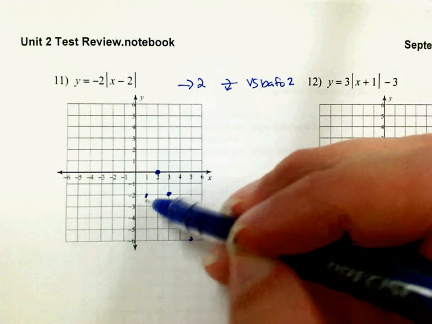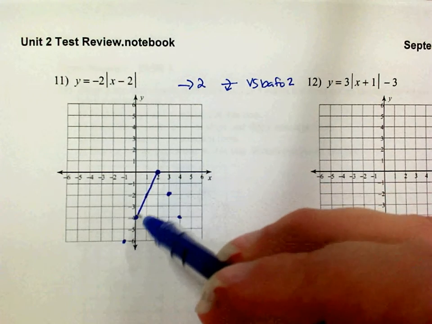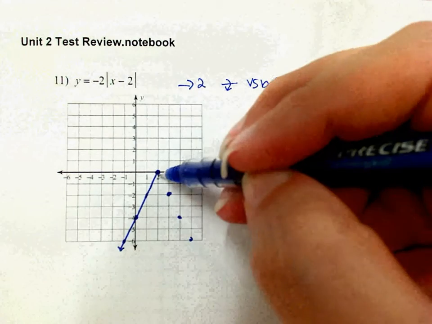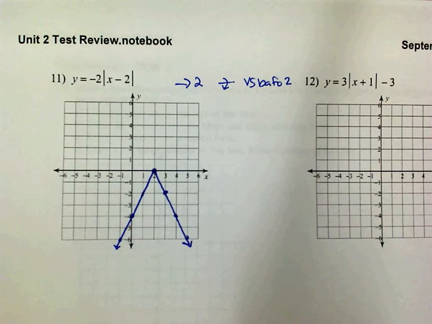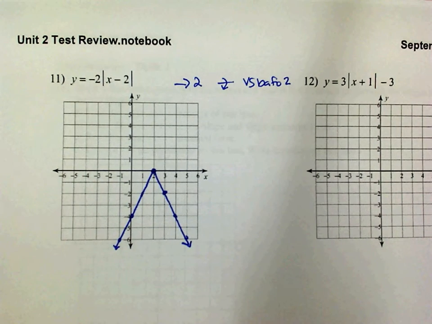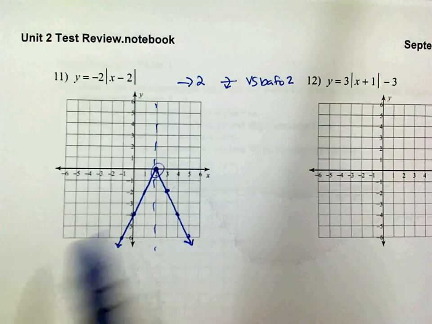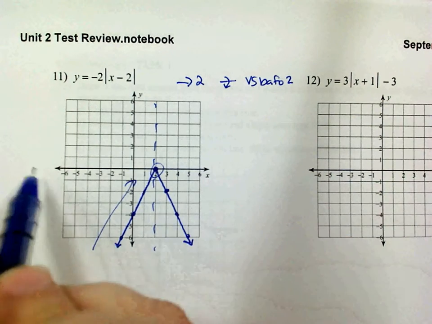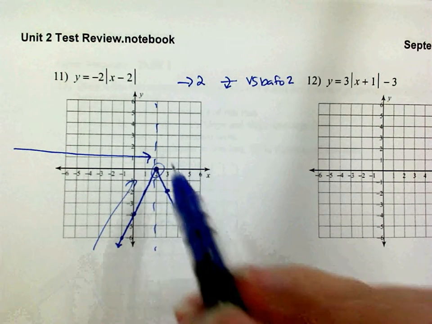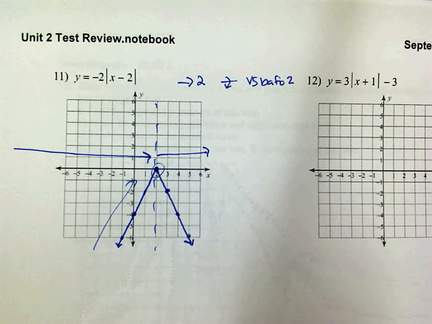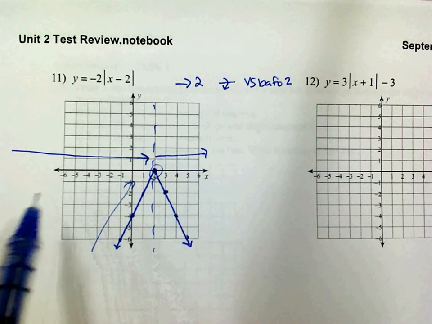I have an answer. Yeah. We good? So if I had to, I could say, that's my vertex. Here's my axis of symmetry. I am increasing from negative infinity until when? 2. I am decreasing from 2 to infinity. Domain is what? All real numbers because it goes all the way left and right. Range goes from